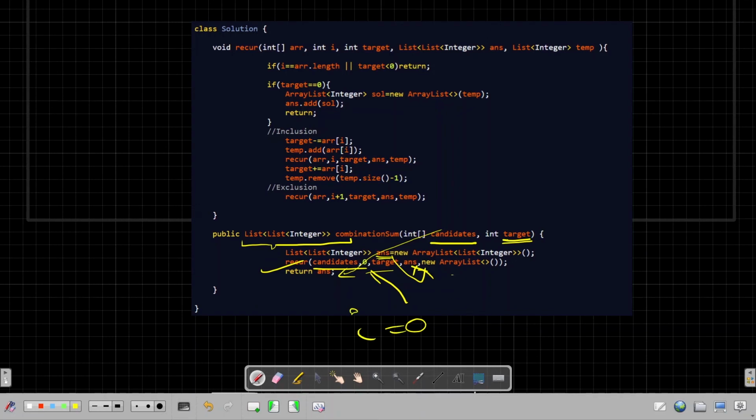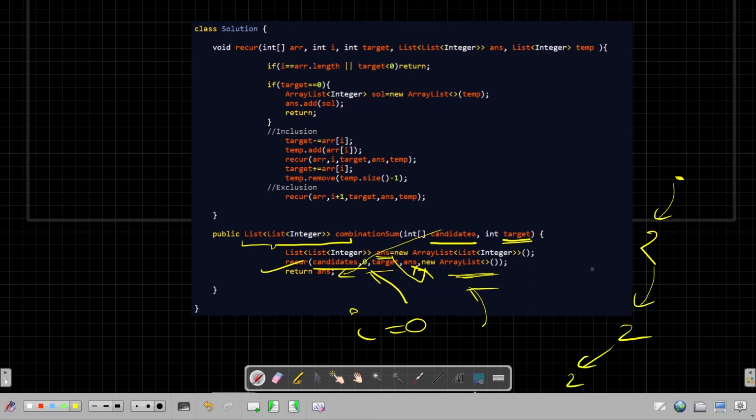And apart from that, I am passing this another array list. This I am passing so as to persist the combination which I have been able to obtain from that recursive solution. Let's say I started my backtracking, then I encountered 2, then I encountered another 2, then I encountered another 2.